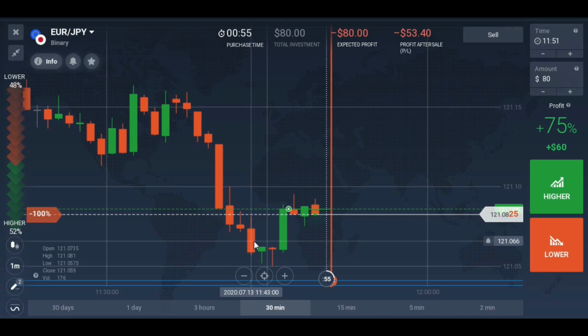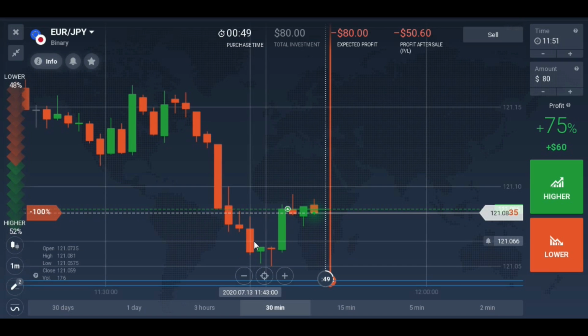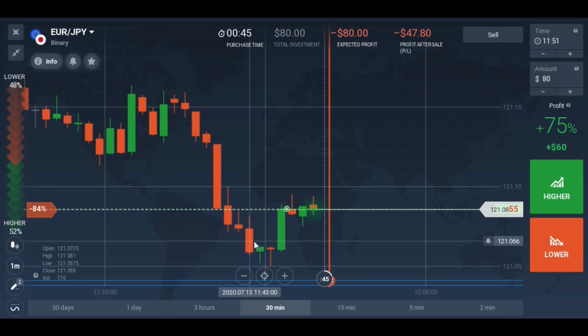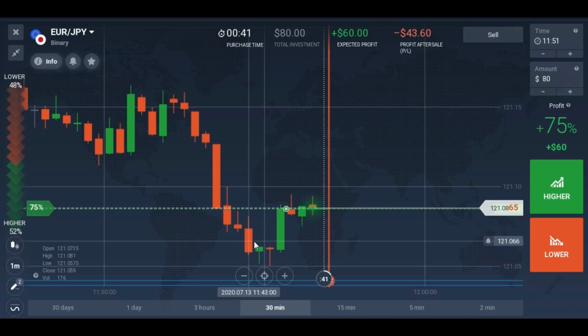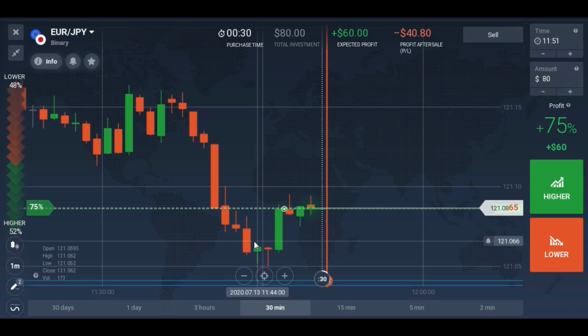Why I have taken a 4-minute trade is because when you are going against the trend, it is difficult for the market to hold it for a very long time. This is by my experience. Previously I was taking 5-minute trades, but when I compared the results, I found out that 4-minute trades work best and give some extra winning trades. So whenever you are going against a trend, even if you are using the strongest level, just stay on the 4-minute time frame rather than going for the 5-minute.